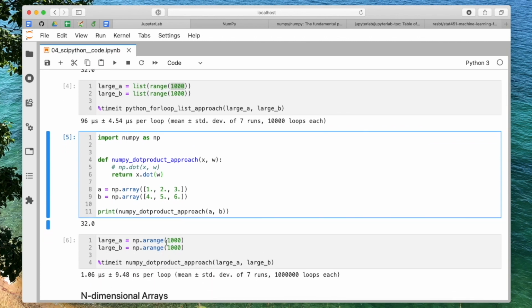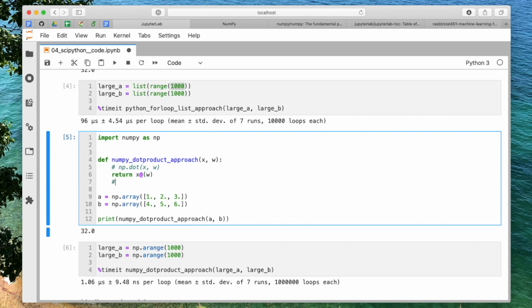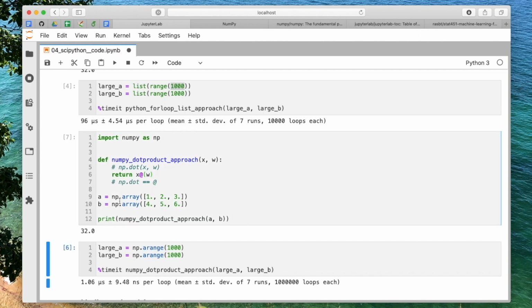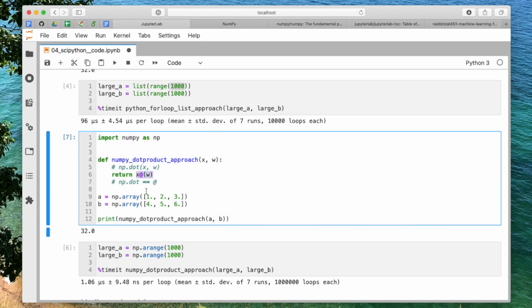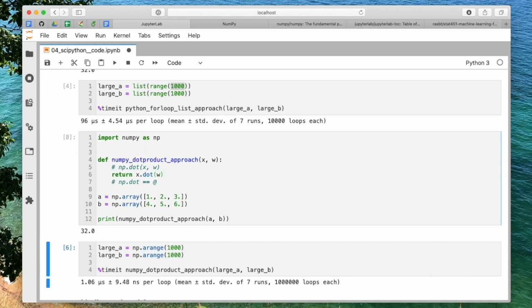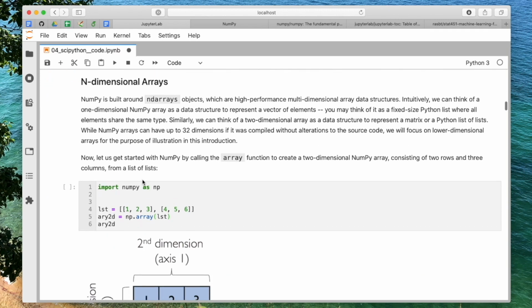Oh, one thing I should maybe mention is, in newer versions of Python, I always forget this. See, I made this notebook and also forgot about it. In newer versions of Python, you can use the @ symbol here, and this will also act like the dot. So @ and dot is the same. So in NumPy, NumPy dot is the same as the @ symbol. So if I replace this by the @, this should also work. Yep, see? So it's another cool feature of Python or NumPy. You can make it even more concise, although it's maybe arguable if this looks nicer than this. I don't know. But anyways, let's talk about n-dimensional arrays.